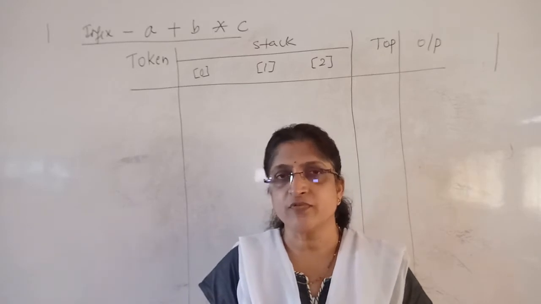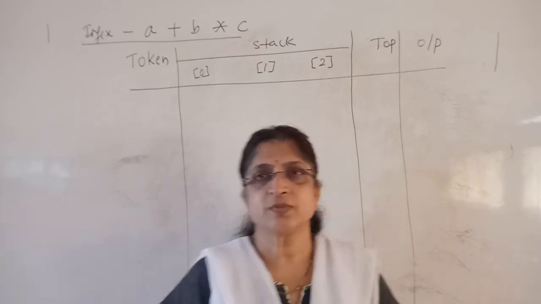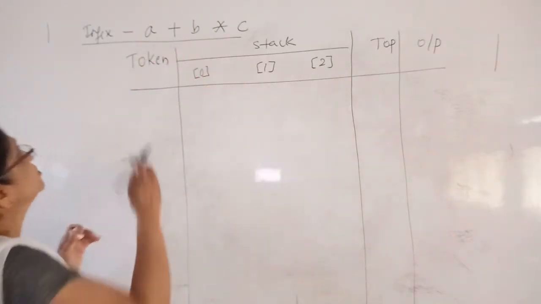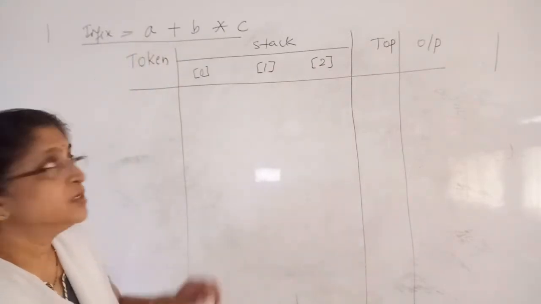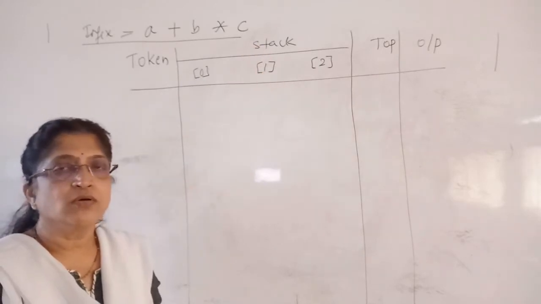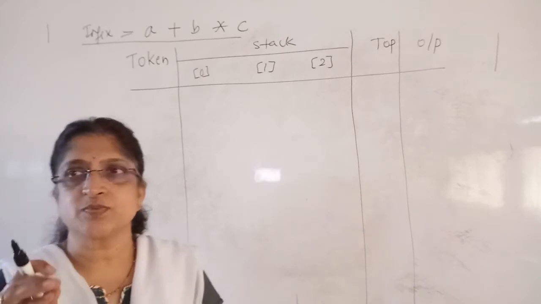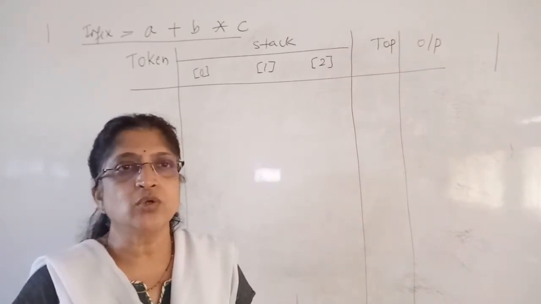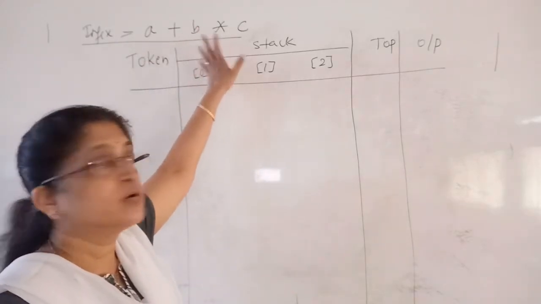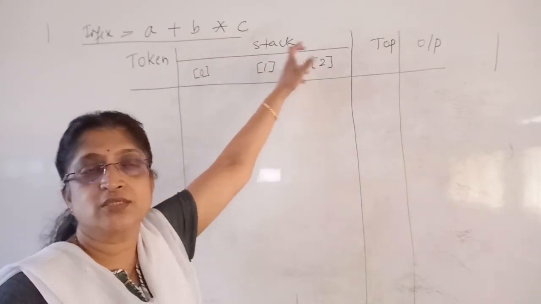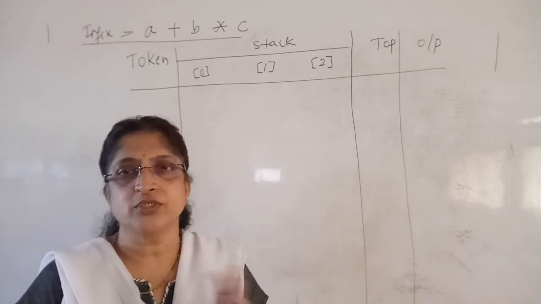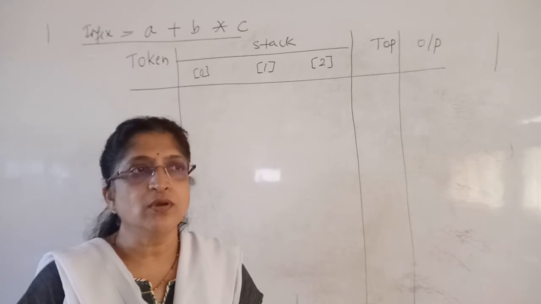Now let's see a simple example for this. Here I have the expression a plus b star c. This is our infix expression. Now consider the characters of this expression one by one. Let's call each a token. First I consider a as a token, then plus is my token, then b is the next token, star is the next token, and so on. If the token is an operand, just add it to the output string. We need not push it to the stack. Now let's see how it works.